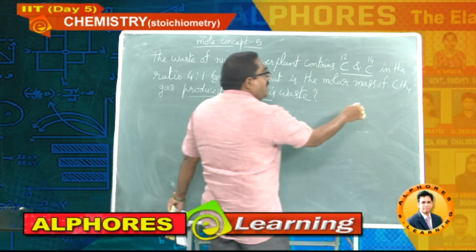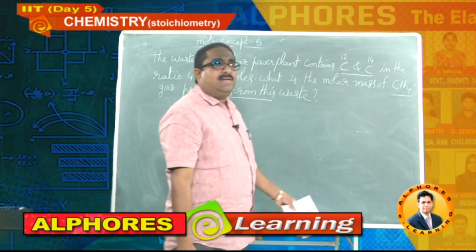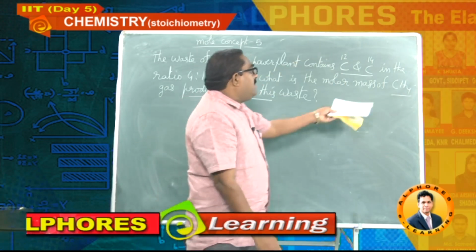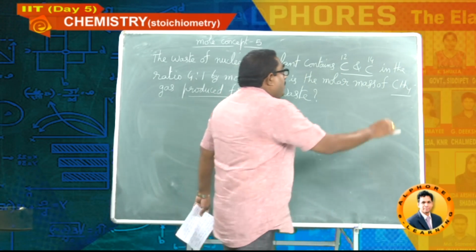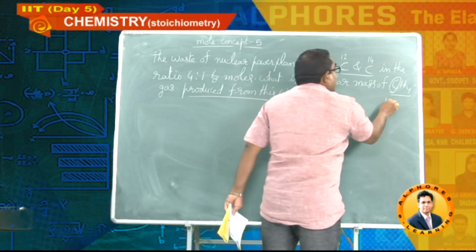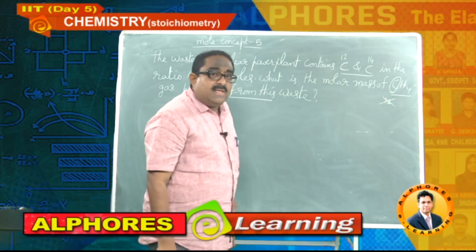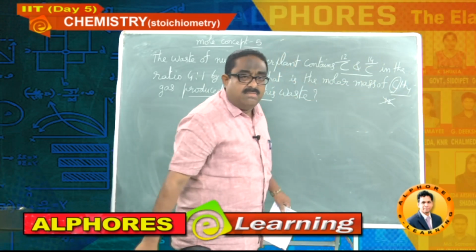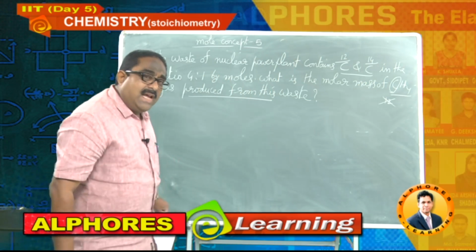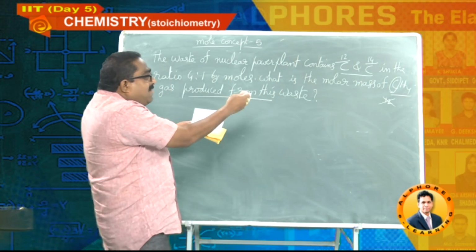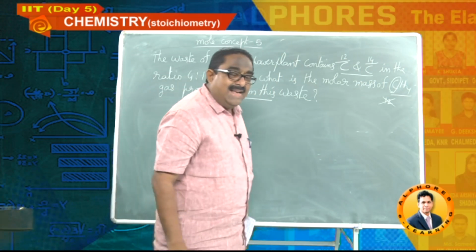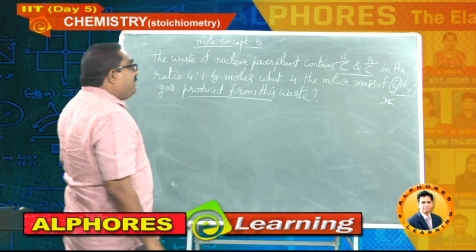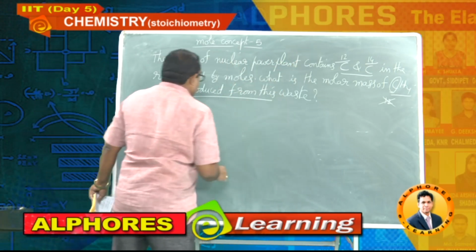As per normal calculation, anybody can immediately say the answer without reading the first sentence. Answer is 16, 12 plus 4. But here for carbon you are not supposed to take it as 12, because some of those carbon atoms have mass number 12 and some have mass number 14. So we have to go for the average atomic mass of carbon, and from that we can calculate the molar mass of the methane produced from the nuclear waste.